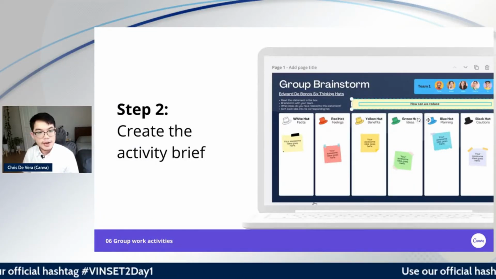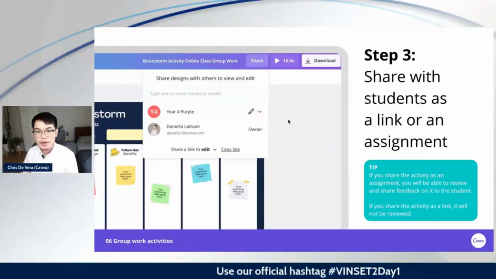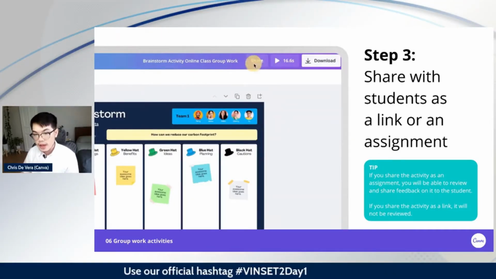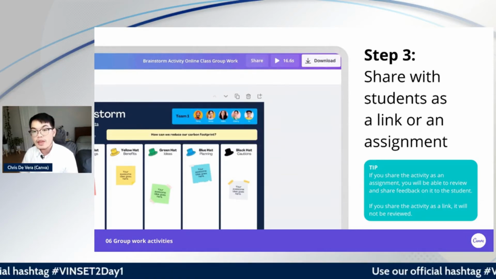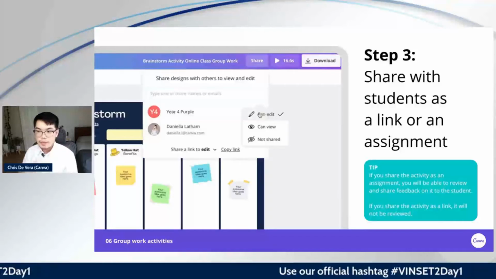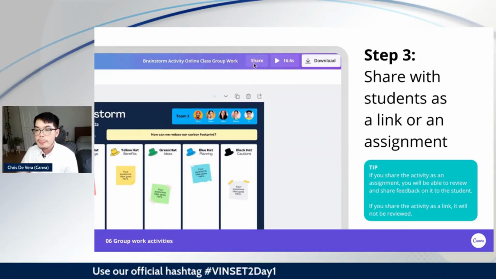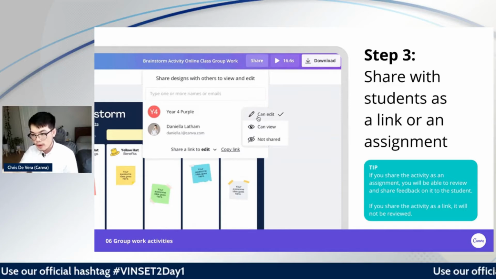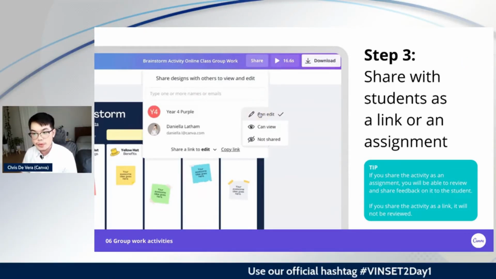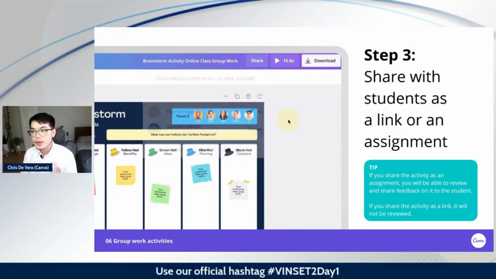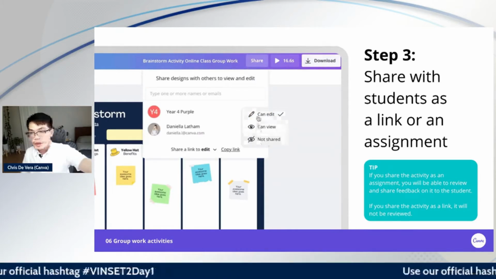So, the third step after you've given your activity brief is to share your design, your group activity with your students as a link or as an assignment. So you can click the share button on top and then copy the link. At the bottom, you see copy link. Or if you've added your students to your classroom, then you can just type in your student's email or the name of your classroom. So here in the little search box,